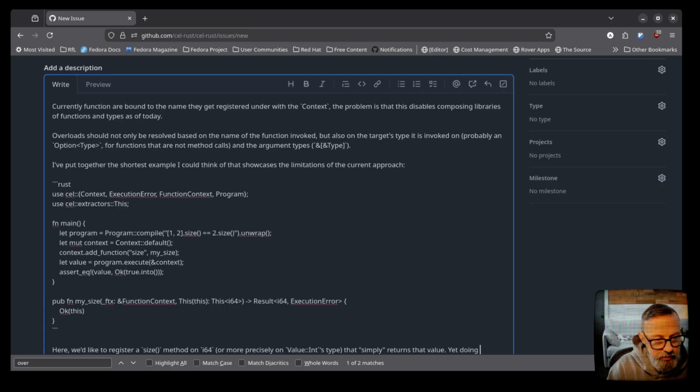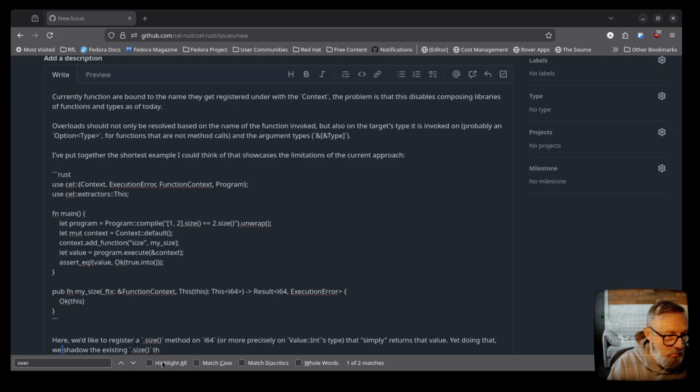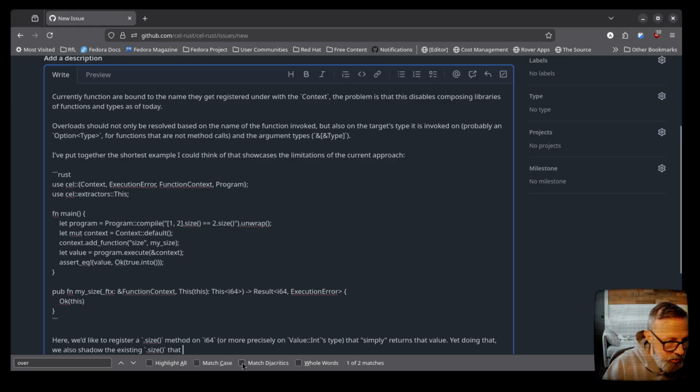Yet doing that, we shadow the existing size, dot size. We also shadow that exists for, I forgot what those are, so